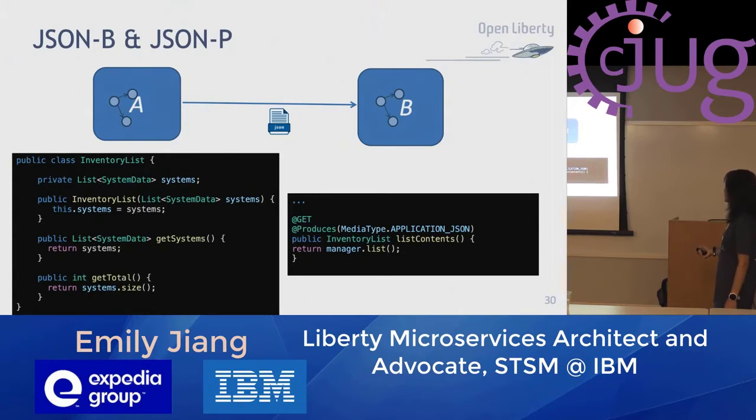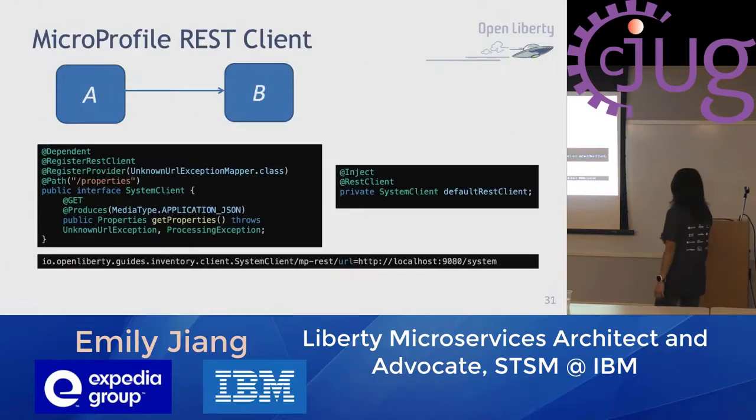So this microservice responds with a JSON payload, and all you need to do is create the class with the same inventory list as in here, and the JSON will automatically serialize it when it's trying to push to the wire. It's almost like packaging it up, and then when it reaches the other end, JSON will unpack it so the user can see what's in it. So this is JSON.